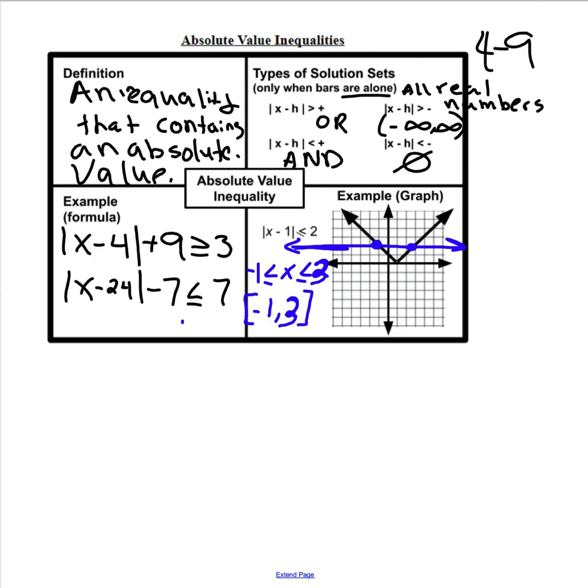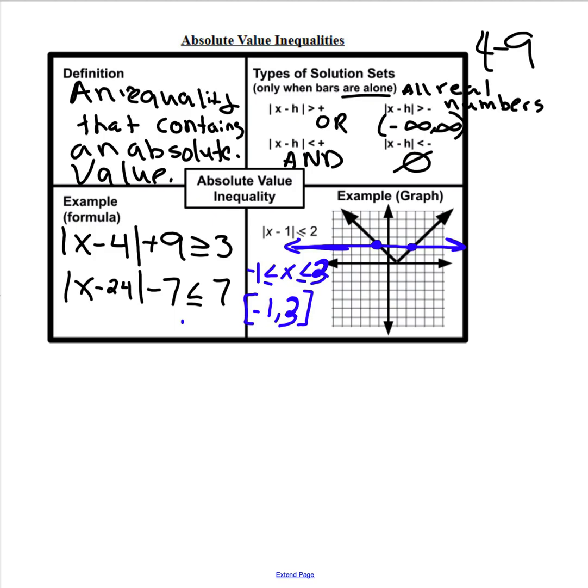Mr. Murray coming to you with a quick recap on absolute value inequalities. This is going to cover, again, what absolute value inequalities are. It's going to cover some fundamentals you need to know, and then I'm going to recap the homework assignment that was supposed to be done for today's class. So by the end of this video, the entire front of handout 4.9,